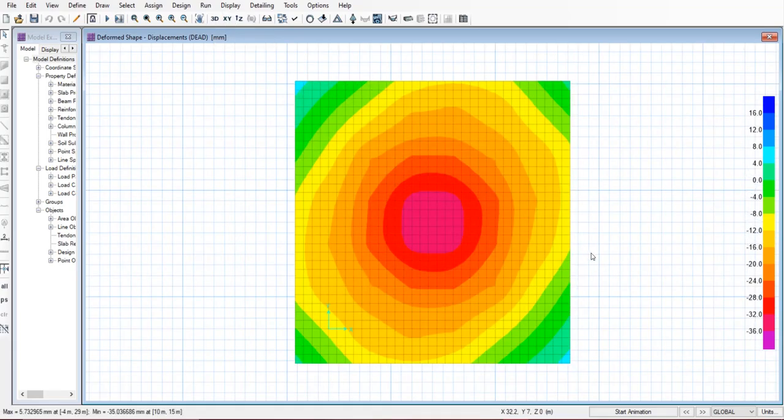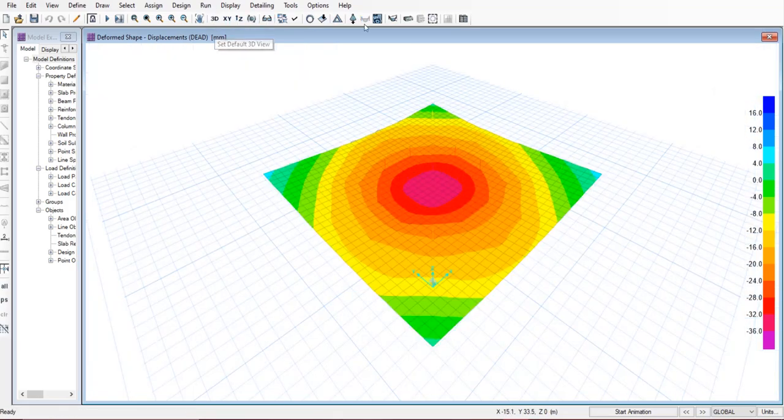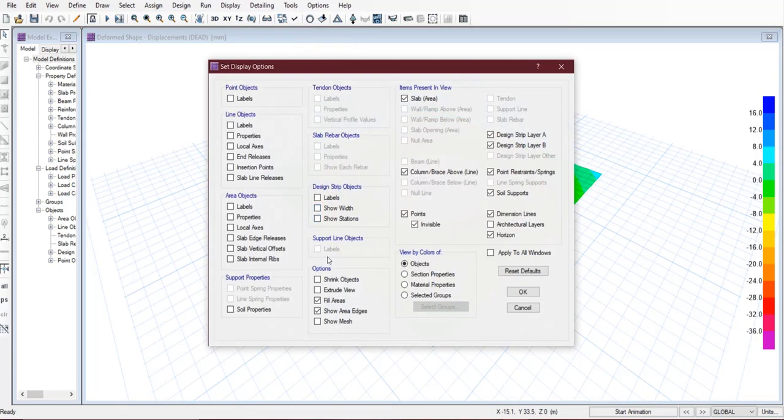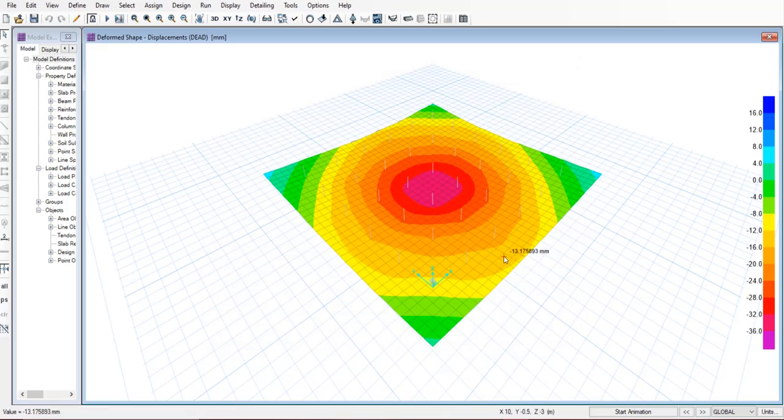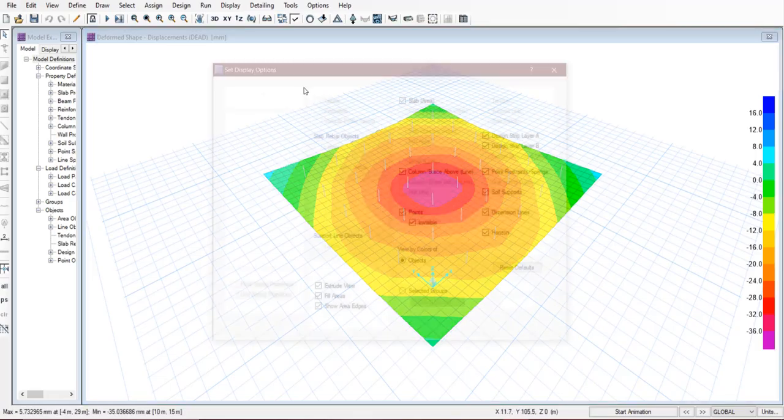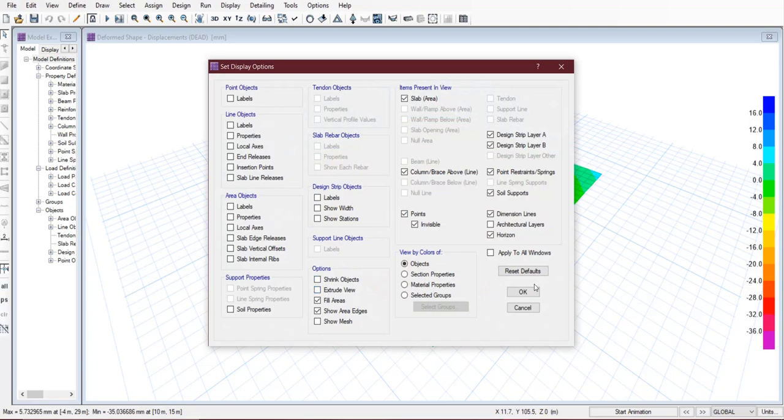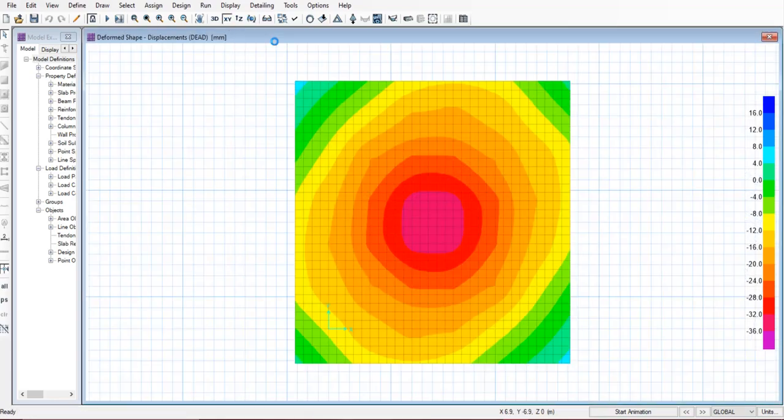Again, coming to XY direction, you can view its extruded model. Go to set display option, extrude view. This extruded model will not be viewed once the analysis is done. When the model is unlocked, the extruded view can be viewed. Then again, coming to XY direction plane, go to display,